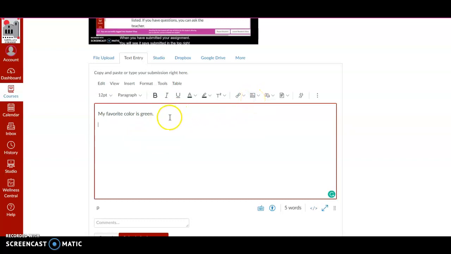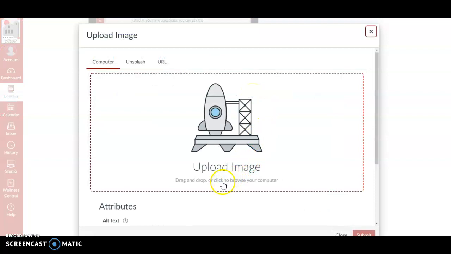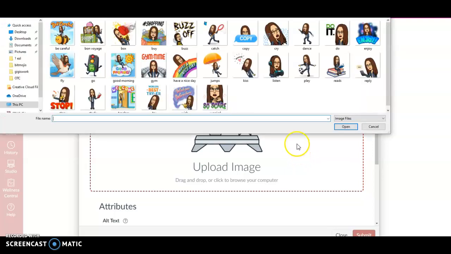All right, so now maybe the teacher would like you to add an image. So what you will do is, generally I suggest that you press enter so the image will go below your sentence, or you can put an enter before your sentence and put the image above. But generally, I suggest that you put your image below your written work, and then you'll just click on images. You'll click on that box, and that is the universal symbol for images, and then click Upload Image.